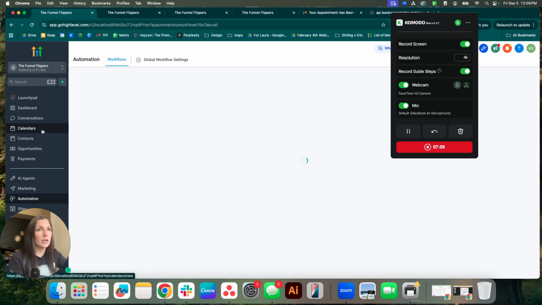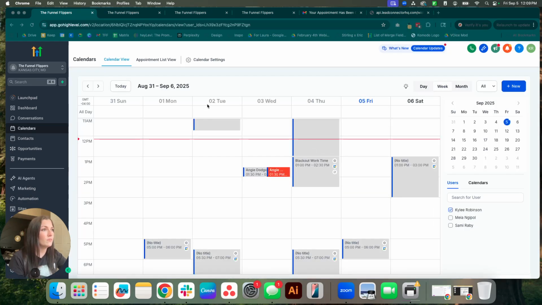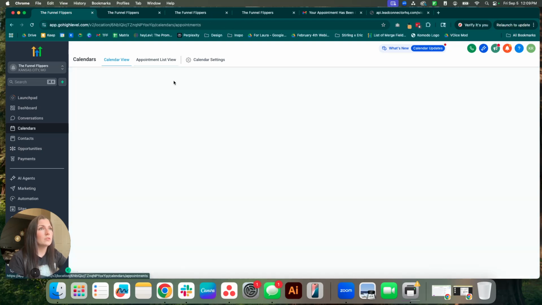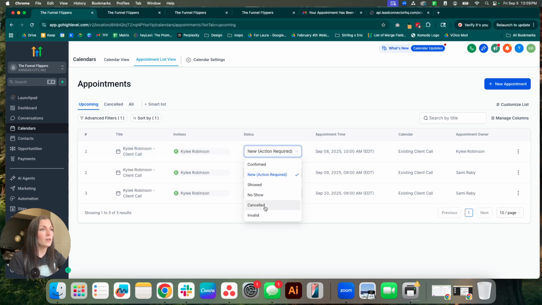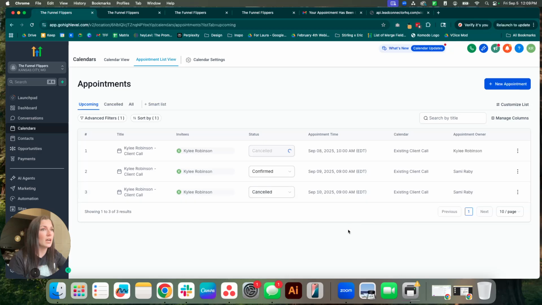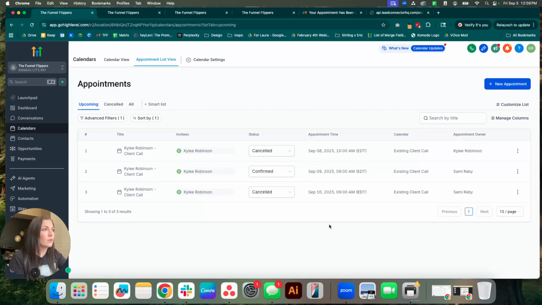And then when I come back in here to our calendars, let me get rid of this. You should be able to see in the appointment list view, hey, new action required. We're going to go ahead and update that as canceled. Beautiful, done,